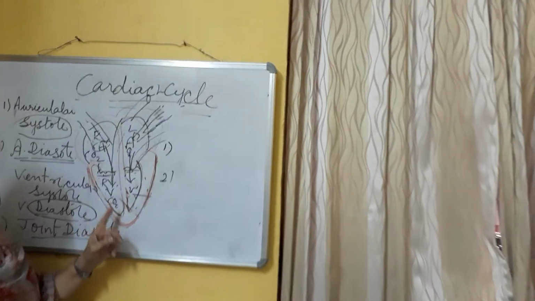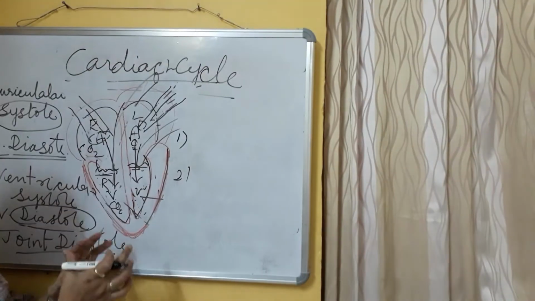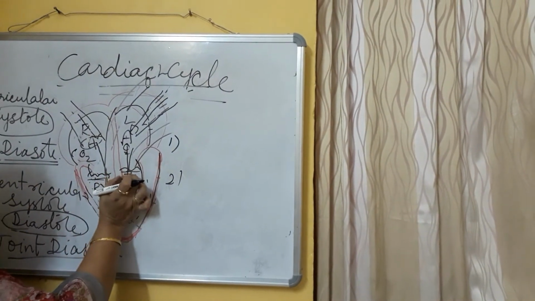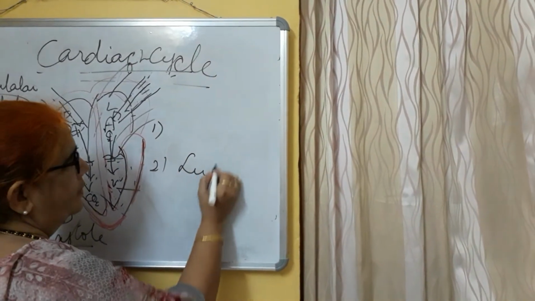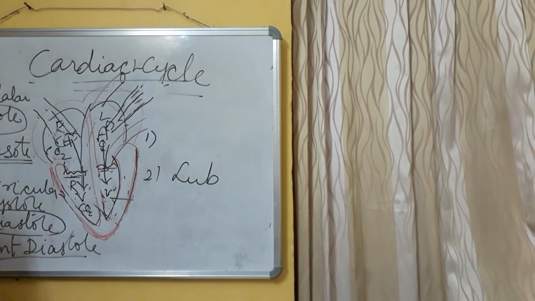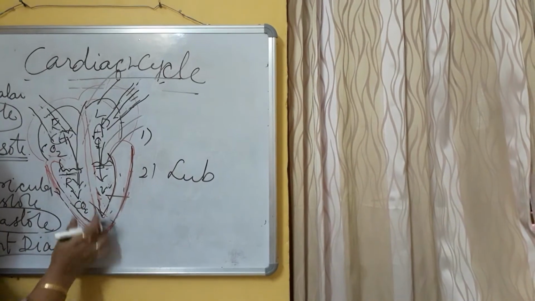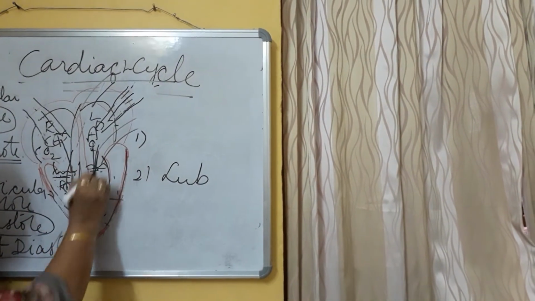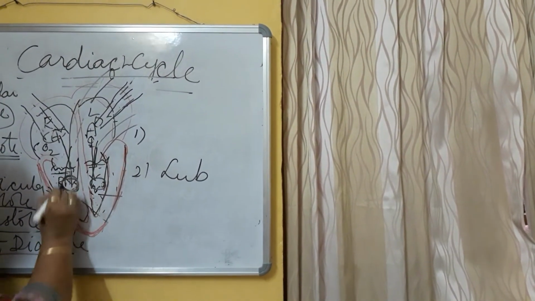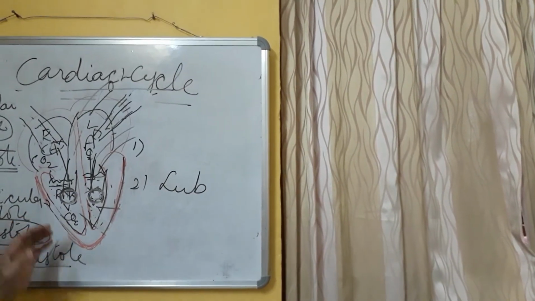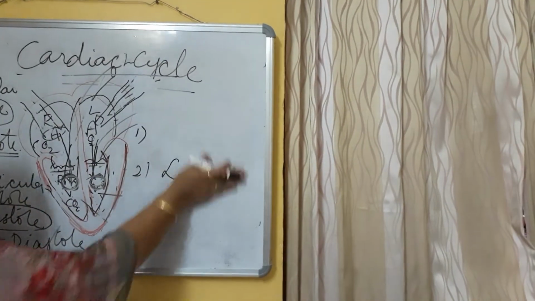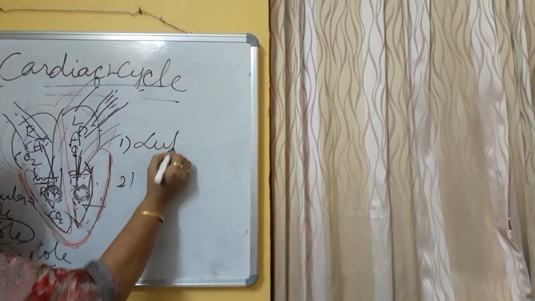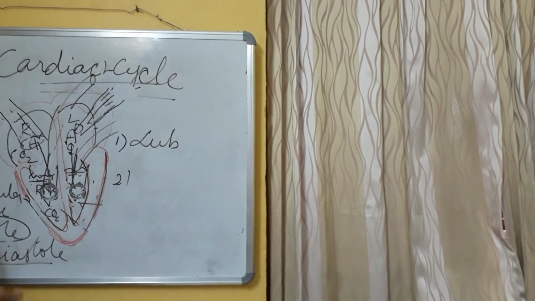When the ventricles are in systolic condition, just like closing a door, with one sound, the bicuspid and tricuspid valves close at the same time, making a sound. The sound is called lub. Then immediately after the systolic condition of the ventricles, lub will be formed, and the diastolic condition means they are relaxing.